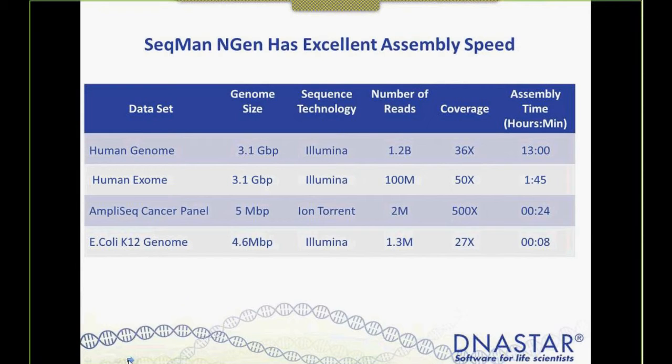So I like to show these kinds of benchmarks just to give you a feel for how fast these algorithms are. The typical benchmark is a human genome data set with Illumina data, typically about 1 billion 100 base pair Illumina reads, which gives you close to 40x coverage. Our assembler can take all the data, assemble or align it to the human genome, do all the statistical SNP calling, and build all the output files, the BAM files, all the SNP tables, all the coverage tables, and do all that in about 13 hours. So it's very fast